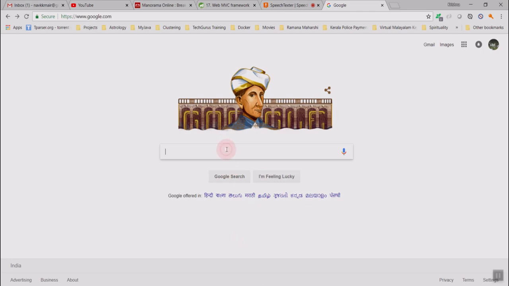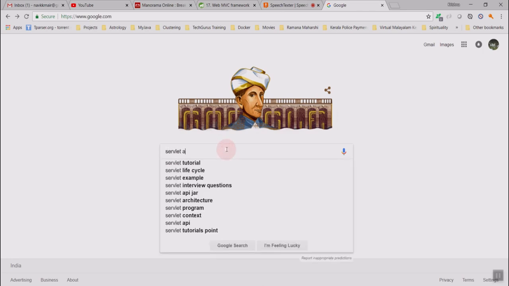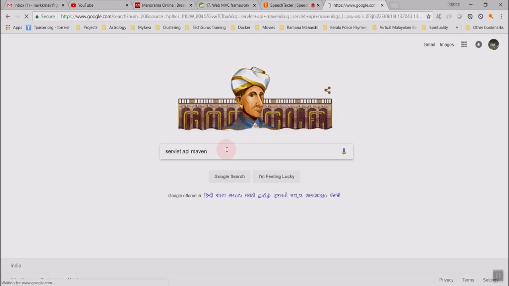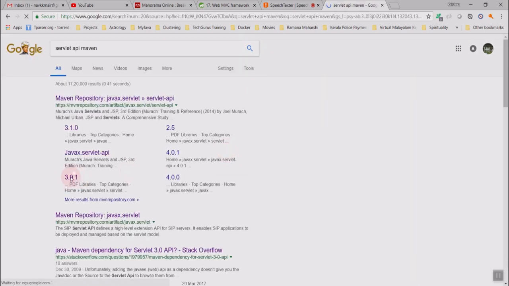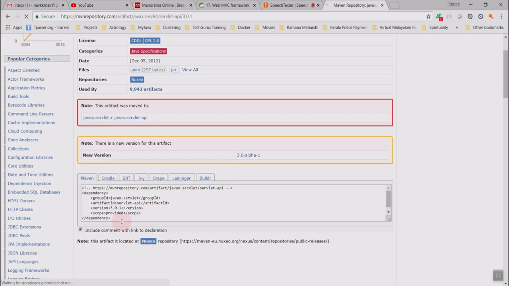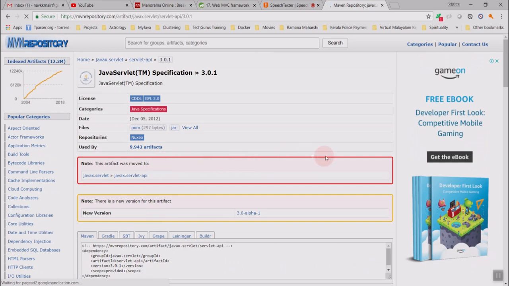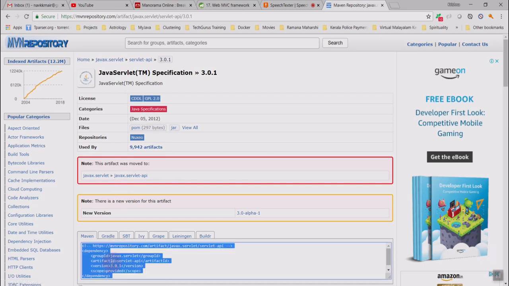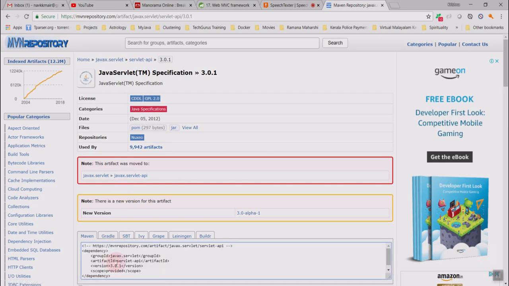I will go back to Google, have the same procedure: servlet API, Maven. If you remember, we selected the version 3.0.1, and we copied this. But then we failed to notice that there is a notification area in red telling that this artifact was moved to this particular location. What this effectively means is that if you look at the artifact ID here, it is servlet-API. So instead of that, we need to change it to